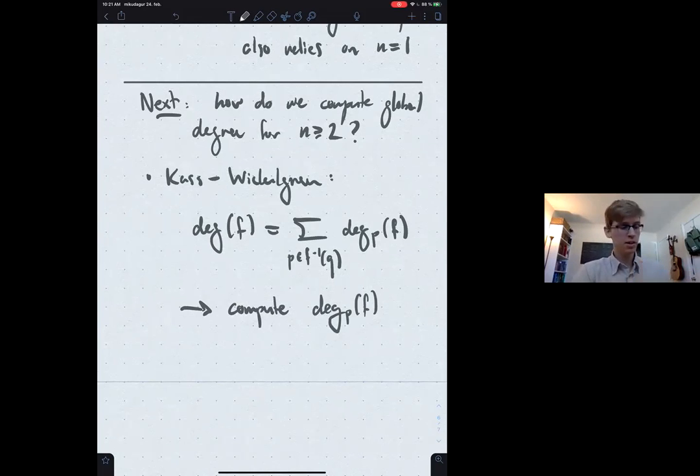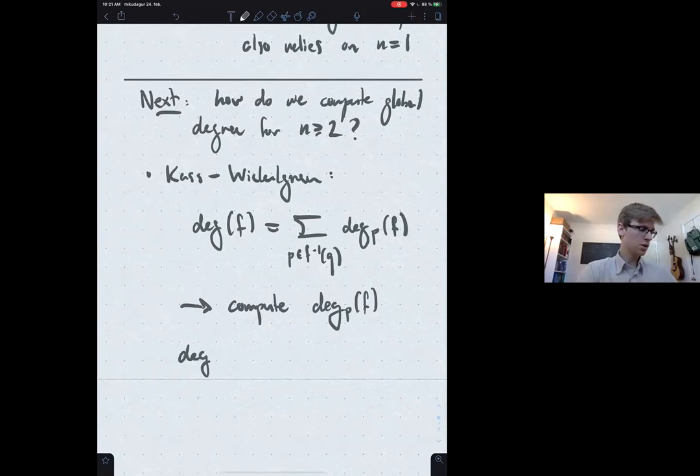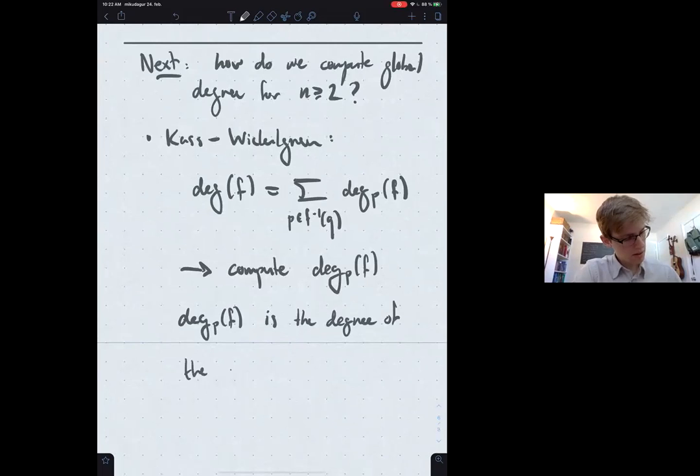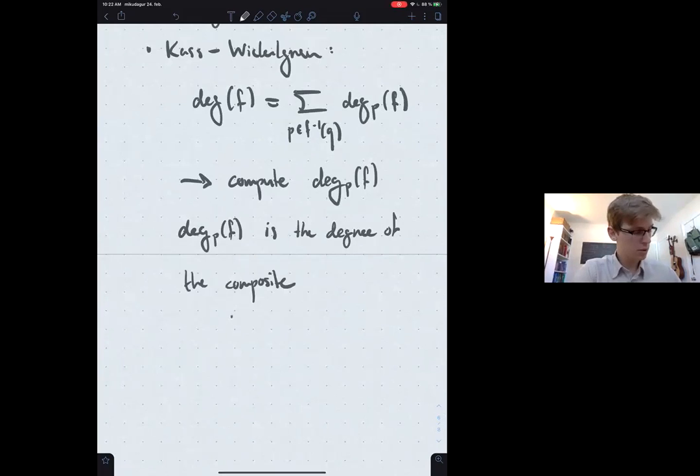We have to actually define this. And this is just going to be a global degree of a particular composite that gives us a way of isolating one of the roots of f. So what I'm going to do is take a small neighborhood of a point P and a small neighborhood of its image and study the map f in that situation.